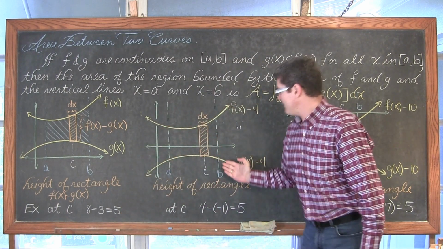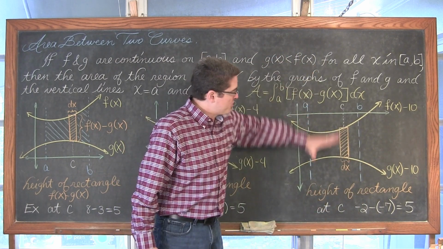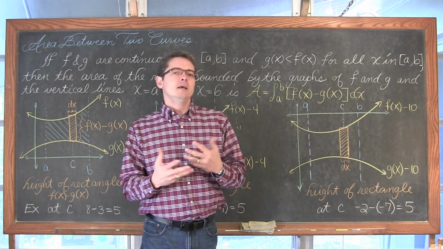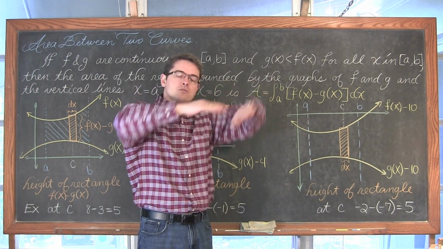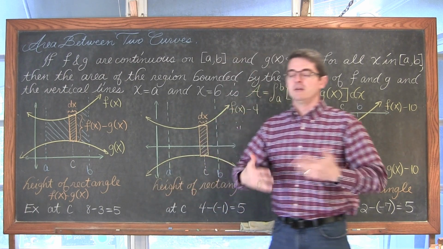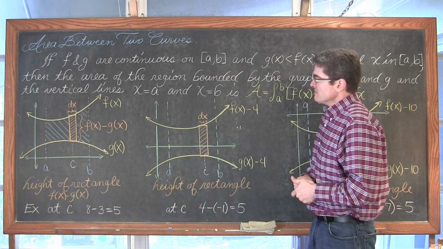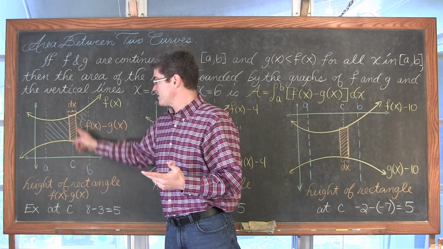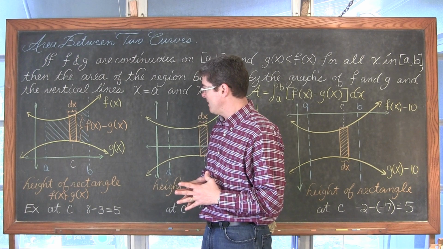Now, over here, I've pushed them down so that both function f and function g are below the x-axis. And when we only had one curve, when that curve fell below the x-axis, we understood that those sums became negative, which was okay for some application problems, like velocity where you have positive and negative movement, but not for area. Remember, we're just finding the area of a bunch of rectangles, which is width times height. So as long as the width and the height stay positive, of course, we're going to have a positive area.